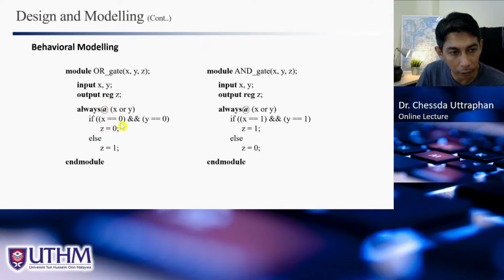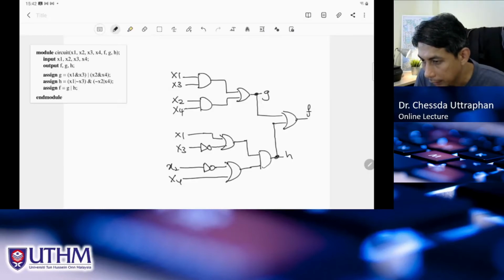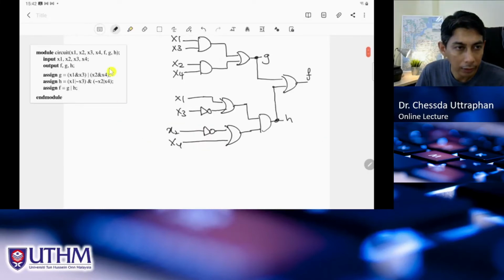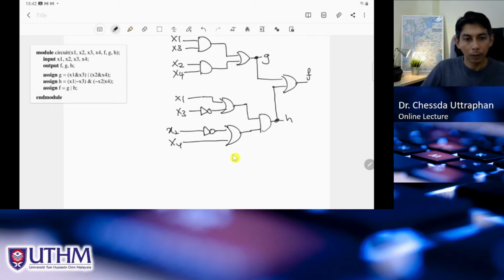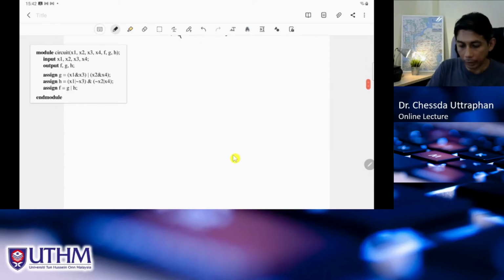When x equal to 0 and y equal to 0, both x and y equal to 0, z equal to 0, but else z equal to 1. So when we look at the behavior of the OR gate, all right,